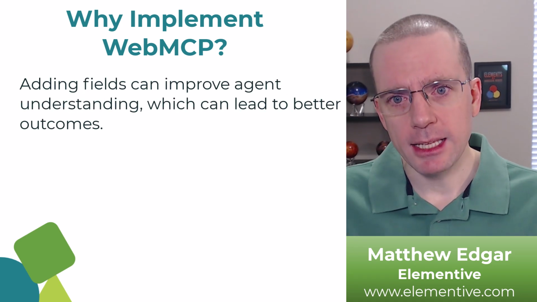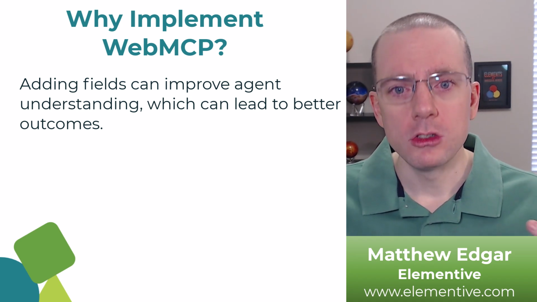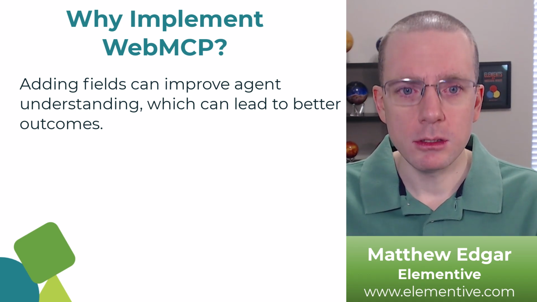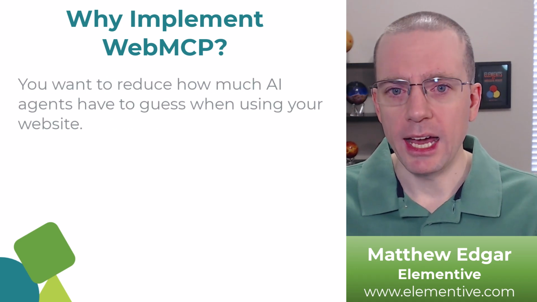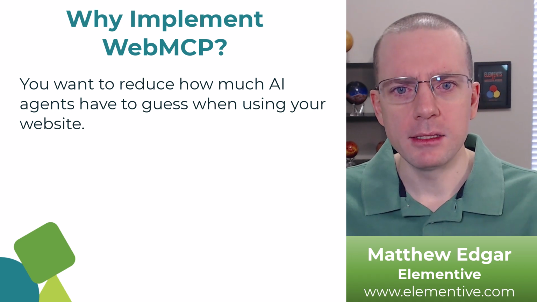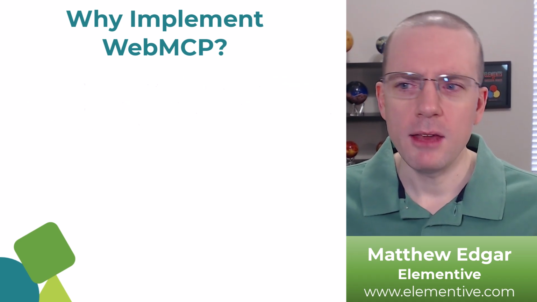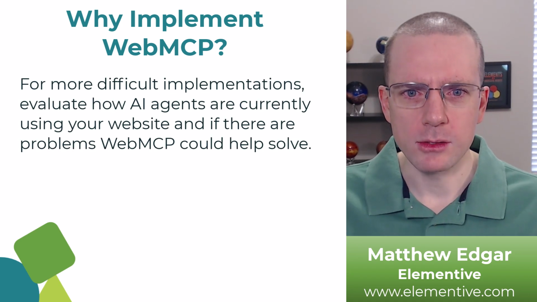And by adding in these fields, you can likely improve agentic interaction so that way AI agents coming to your website can have an easier time figuring out how to complete tasks on your website. AI agents don't have to make their best guess about how forms work and instead know exactly how a form works on your website. If it becomes more difficult to implement WebMCP, if you have more complex tasks, maybe then